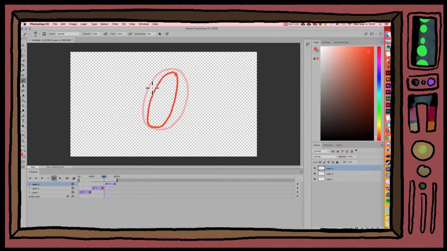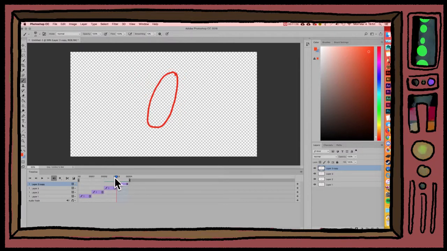And then to do the next frame, I'm just going to grab layer 3 and I'm going to drag it down into the new layer button down here, and that made a copy of layer 3. Same length right where layer 3 was. So now I can just drag that over. I do have to move